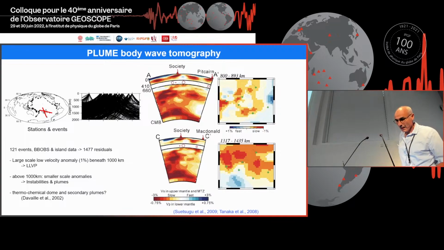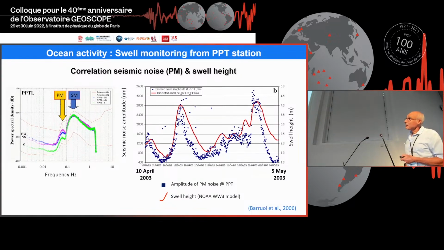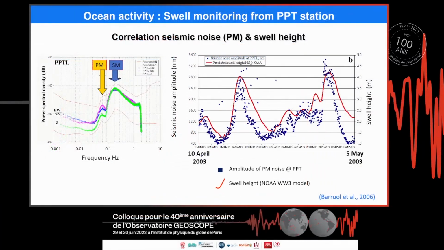We also use the stations in Tahiti to record some environmental activity, and particularly here is a correlation of the microseismic noise recorded on land, and this microseismic noise is induced by the ocean activity. Here is the primary microseism, the little peak between 10 and 20 seconds period, and we can clearly see the good correlation of the amplitude of this microseismic peak with the swell height. Here is the model, the swell height from the WaveWatch III model, suggesting that the terrestrial seismic station can be used as a wave gauge